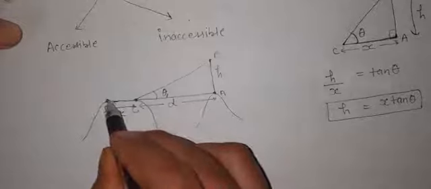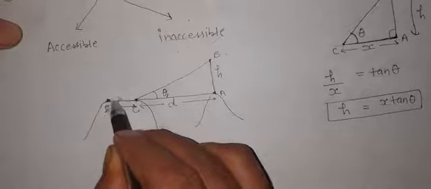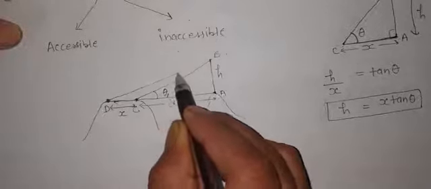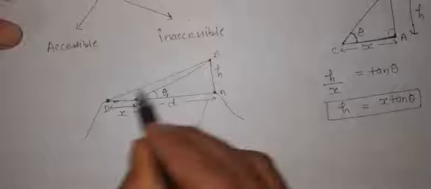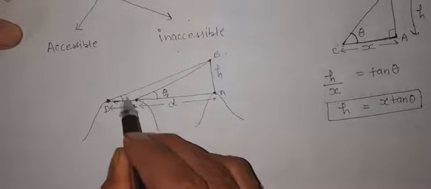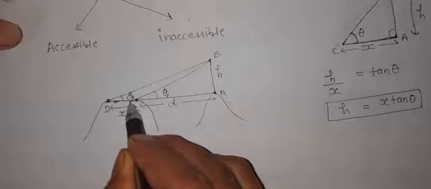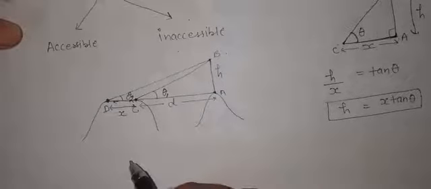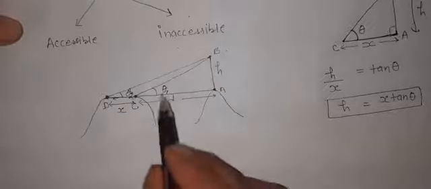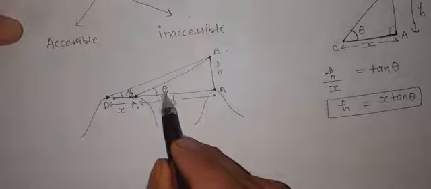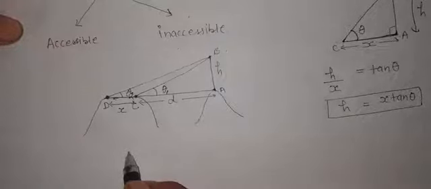Okay, so once again when I'm at D, I have measured this angle which is formed with the top of the building here, or the top of that tree which is there. So this angle is theta 2. Okay, so for easy calculation you have to do one thing: you need to calculate from here cot theta 1 and cot theta 2.